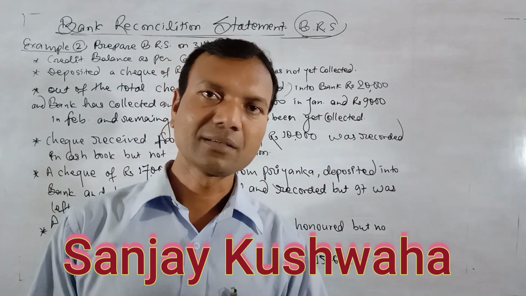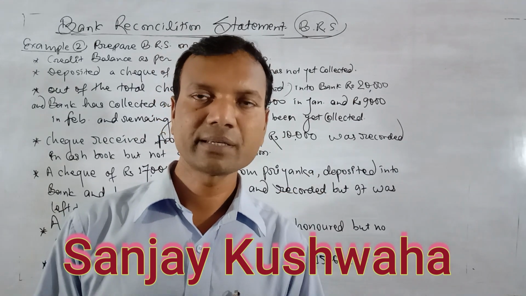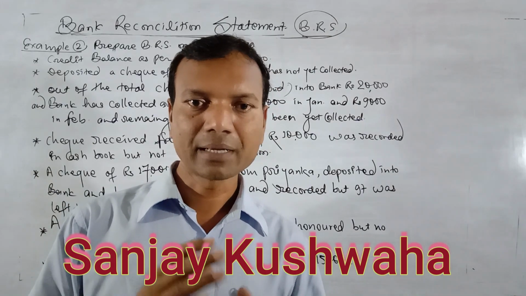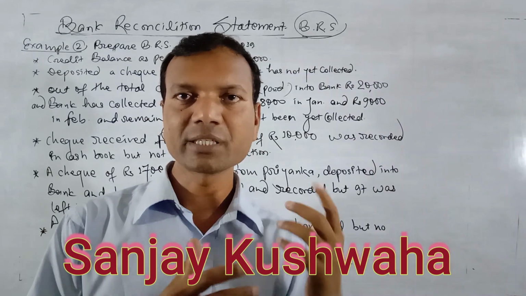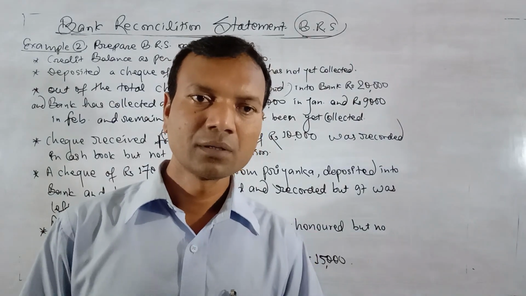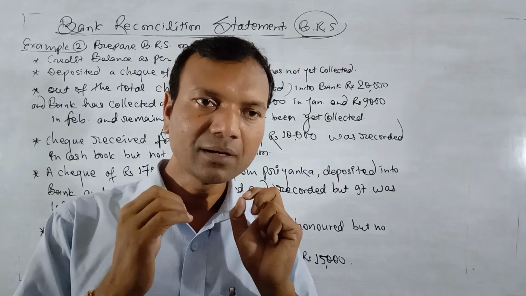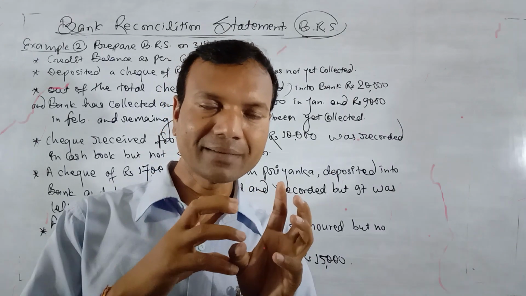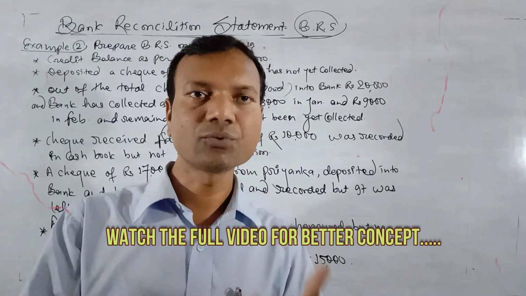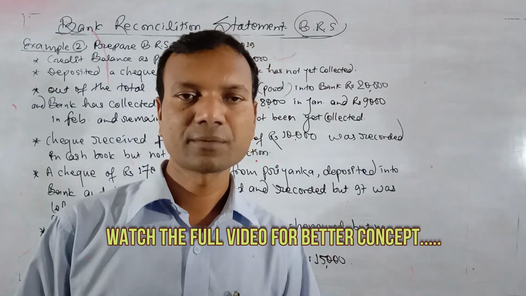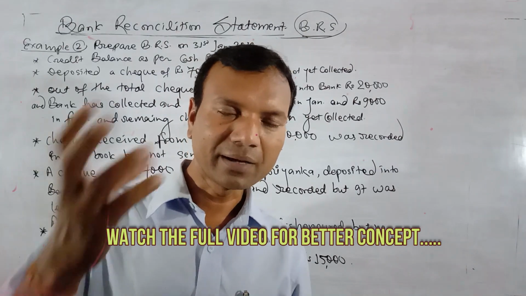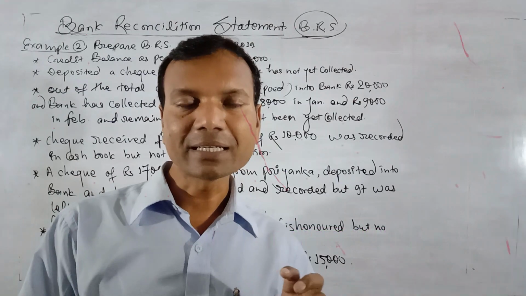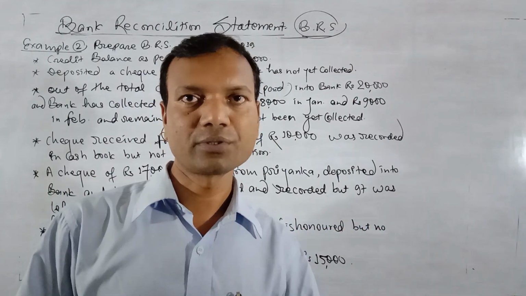Today I am going to discuss bank reconciliation statement. I have already started this chapter and made some parts of this video earlier. Today I will discuss only the transactions, events or causes of difference related to check deposits. In the earlier video, I already discussed how to adjust the causes of difference if it is related to only checks issued.